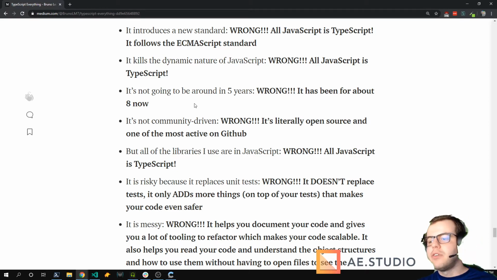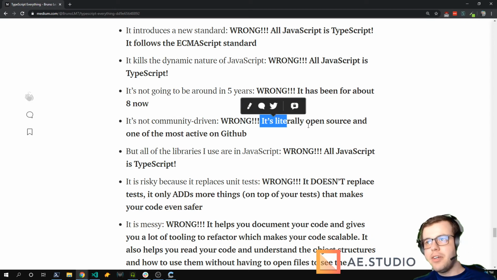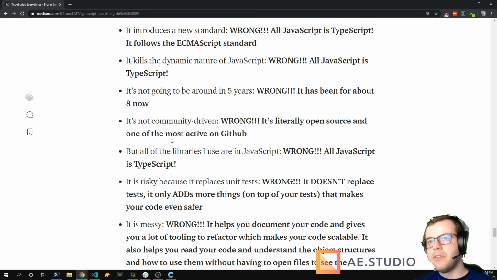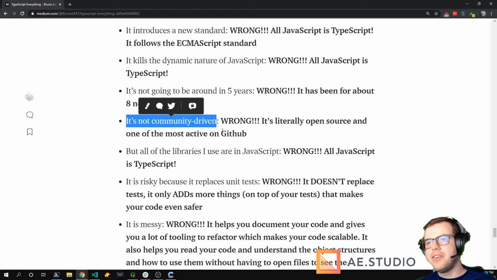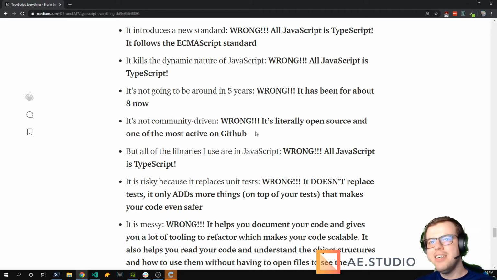In my post there's one example if you want to try. Okay, so more bad arguments. It's not community driven. Well, it's literally open source and one of the most active projects on GitHub. So whoever is saying this, they are just blind, I guess.